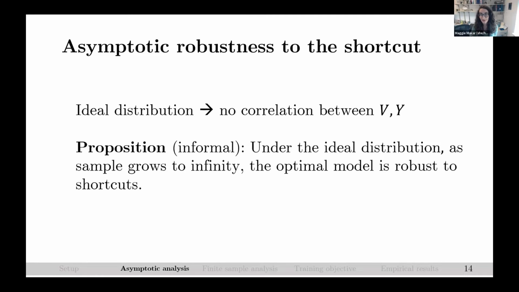I just said two crazy things that should make you at least a little bit uncomfortable. One, if we sample from this ideal distribution where there is no correlation between Y and B, it might be really difficult to sample from this ideal distribution, especially in healthcare systems where there might be barriers to access of high quality healthcare. The second crazy thing that I said is if our sample size tends to infinity,